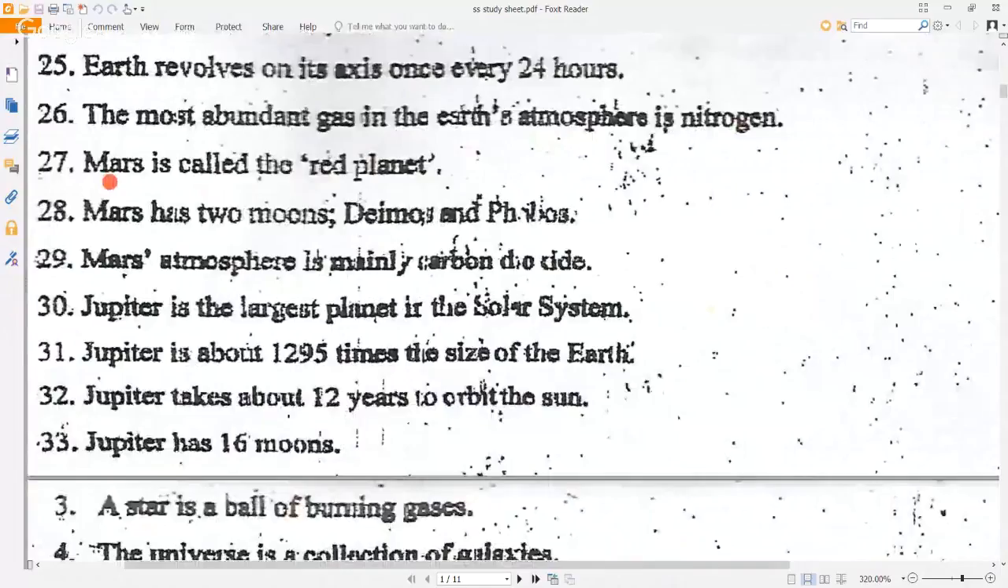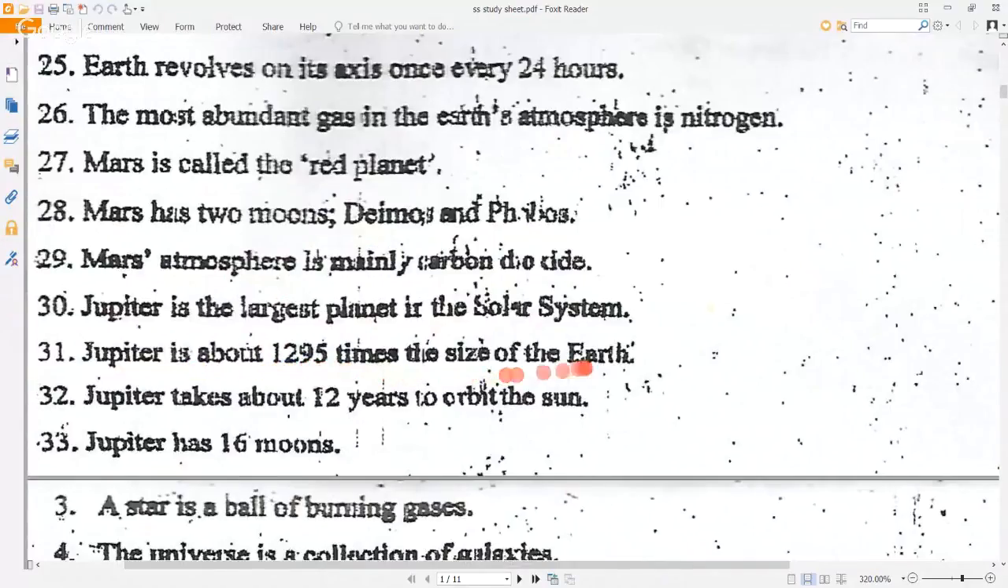Mars is called the red planet. It has two moons, Deimos and Phobos. Mars's atmosphere is mainly carbon dioxide. Jupiter is the largest planet in the solar system. Jupiter is about